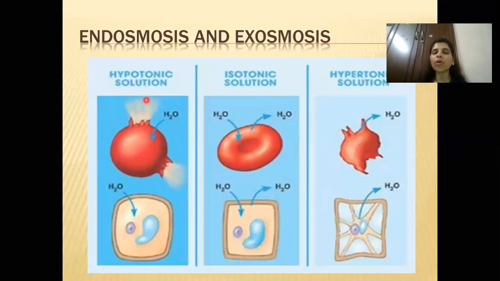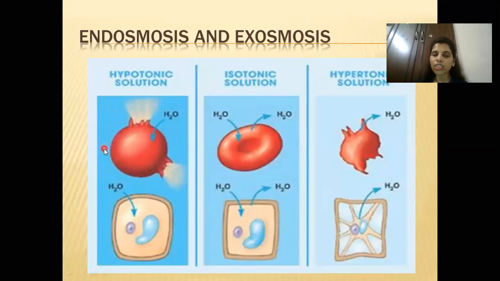If you talk about the medium over here, it's plain water. Plain water has no solute, no sugar, no salt. That means the solute concentration is zero. It is very, very less compared to the concentration of solute inside the cytoplasm of the cell, because the cytoplasm has certain solutes in stored form. So compared to that, the water outside has no solute, so it is hypotonic because the concentration of solute is very, very less outside.